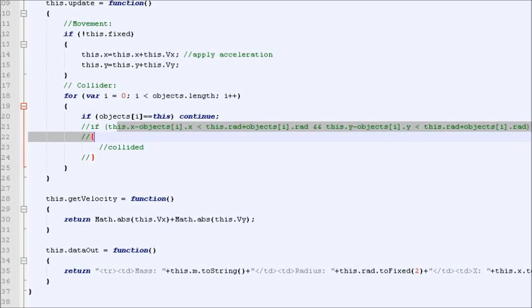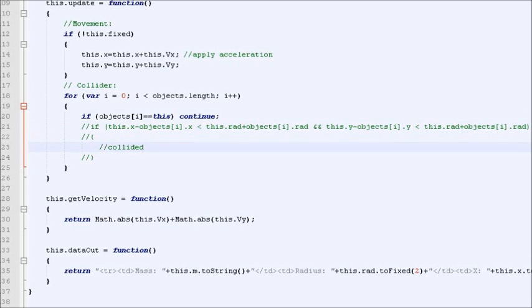This commented out if right here, basically, if the absolute distance of the two objects, which you get by subtracting the two, if the distance between them is less than the radius of the two objects on the x-axis, and the distance on the y-axis is less than the radius on the y-axis, then you would get a collision, which would be a box shape, which these are spheres, so a box-shaped